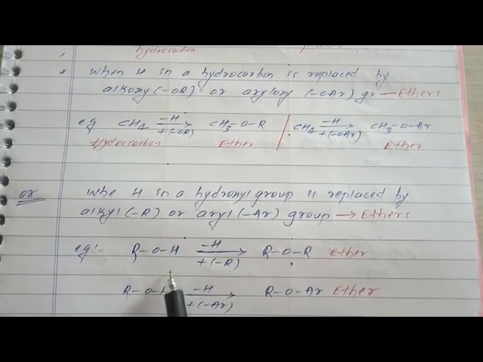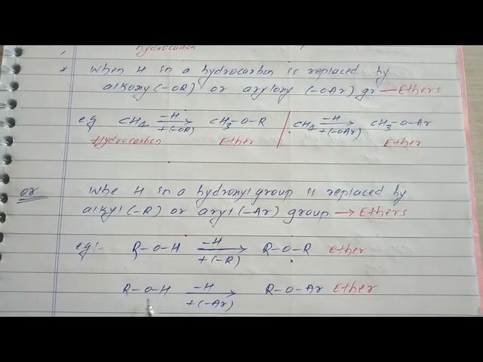So this is also called an ether. Or similarly, I replace the hydrogen atom from this alcohol by this Ar, and in this case we will get ROAr. Again, this is an aryloxy ether and this is an alkoxy ether. So depending on the nature of the R group, we will get, students, different types of ethers.